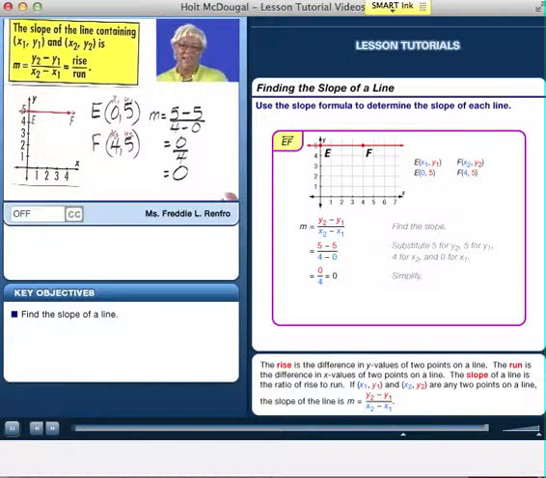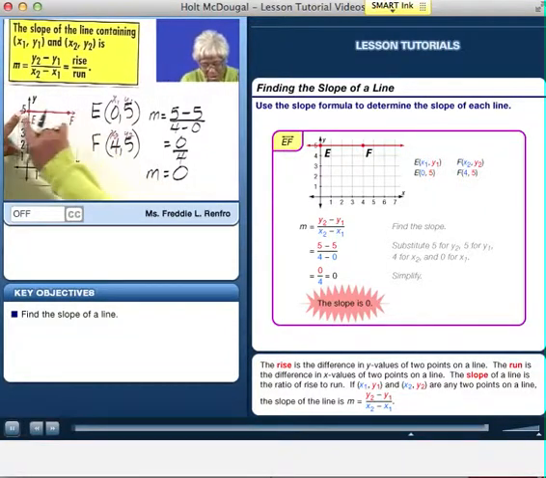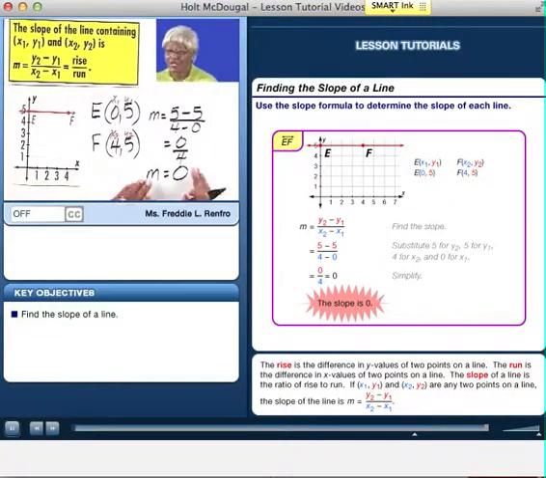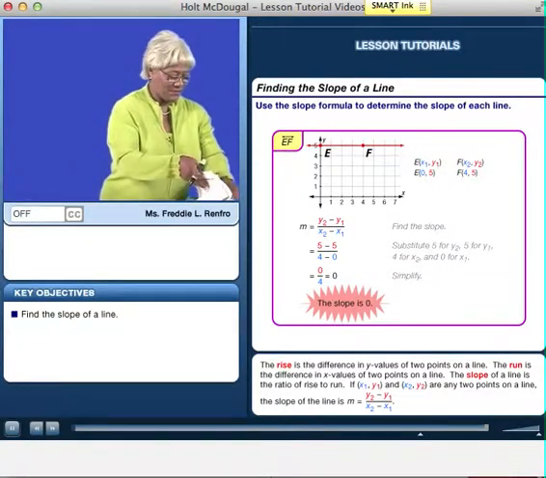So in this case, our slope is 0. Something else we need to remember: any horizontal line parallel to the x-axis, the slope will always be 0. You'll see that again. And our last one,